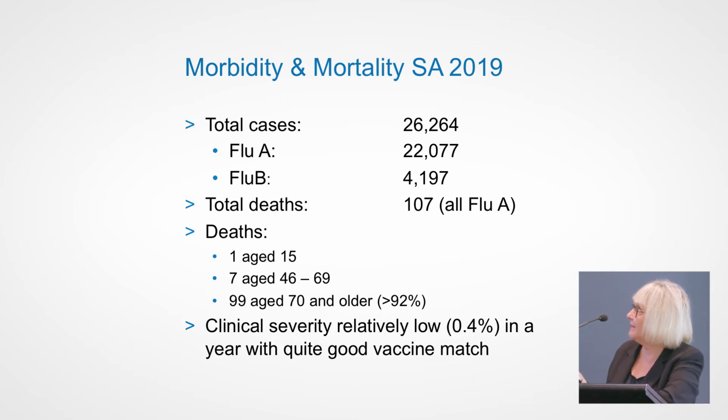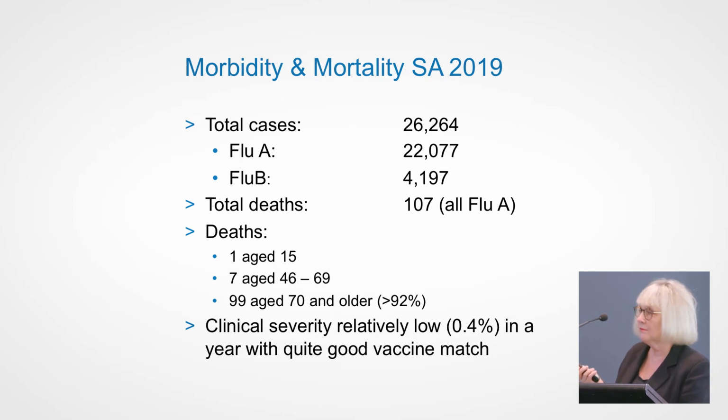In South Australia, last year, we had 26,264 cases, and almost all of them were flu A, so 22,000 flu A's. It was the big one. Flu B, about 4,000. And only 107 deaths were notified to us. We try very hard to get death notifications. Doctors have to notify us about cases, but we do know that doctors were overwhelmed and we didn't get all of those medical notifications. So we also trawl through the register of births, deaths and marriages and try and find where flu has been recorded as a cause of death. So they were all flu A, but we do expect deaths from flu B too.